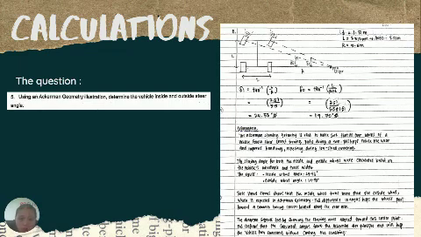So the explanation for question 5 is the Ackermann steering geometry is used to make sure that the front and rear wheels of a vehicle follow the correct turning path during a turn. This helps reduce tire wear and improve handling, especially during low speed cornering. The steering angle for both the inside and outside were calculated based on the vehicle's wheelbase and track width. The result is like I mentioned before, and